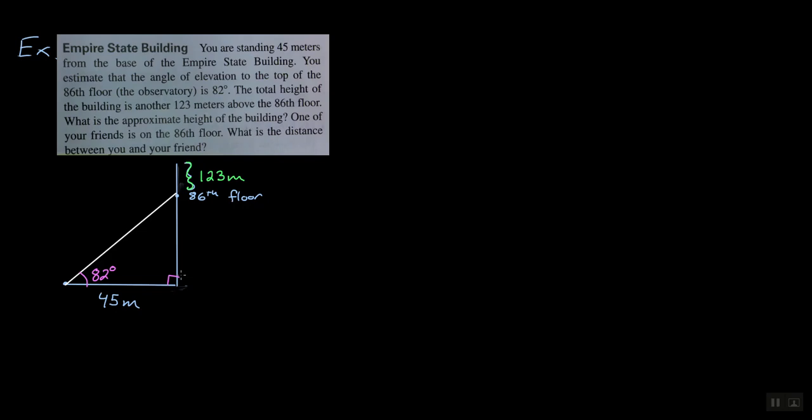Okay, I would add one more thing because we're asked to find two things, right? The two things that we're asked to find look different, and I want to make sure that we're clear. This distance, if you were to measure from the very bottom of the Empire State Building to the very top, I'm going to call this the height. This is the height of the Empire State Building. Now, notice I didn't call it h, only because I don't want to confuse it with the hypotenuse. Okay, what about the distance from you to your friend? It's always a straight line if we're talking distance. So this is my distance that we're after here. Okay,